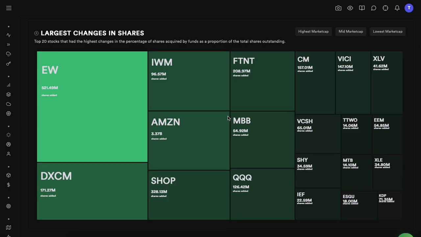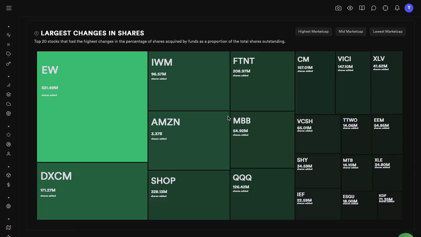Then we have the largest changes in shares. So these are the stocks that had the most amount of shares added in percentage terms. So we have EW, where about 500 million shares of that stock were added by some hedge fund. We don't know who yet, but we can go into that in a couple of minutes. And then we have Amazon. So this is a good one because about 3 billion shares. Amazon, I think, has a float of about 10 billion shares,